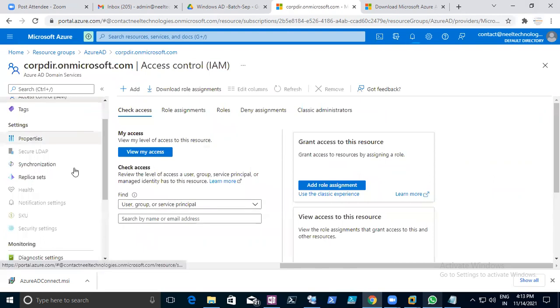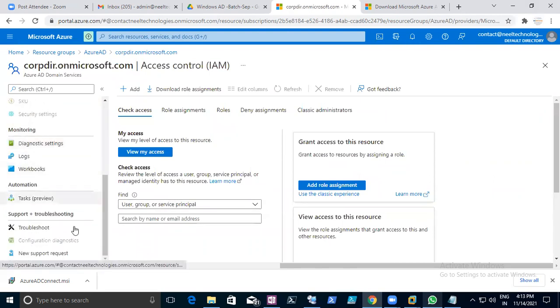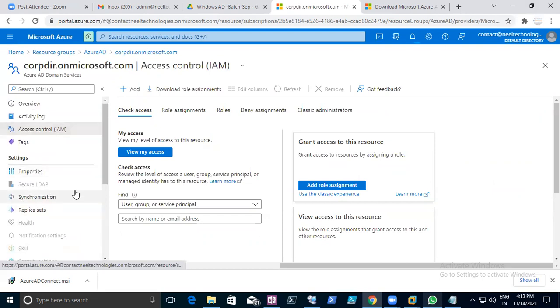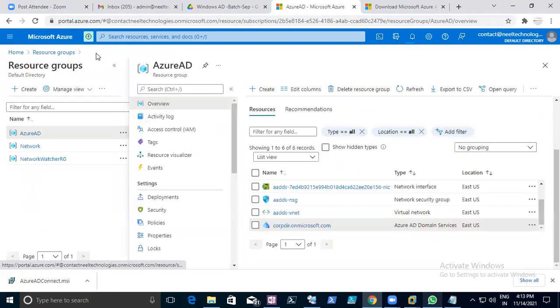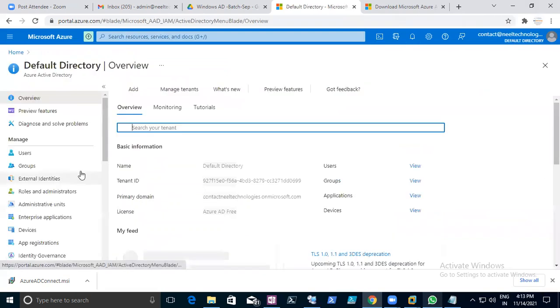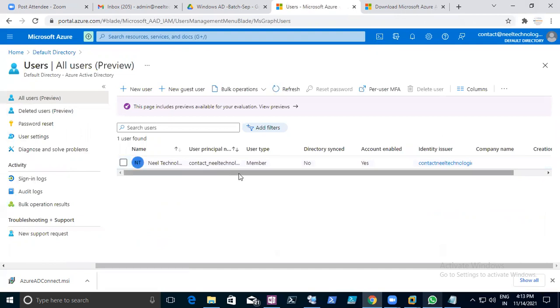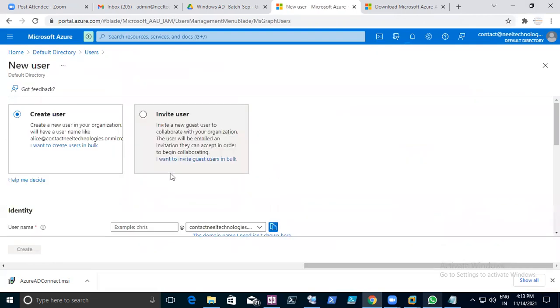So go to users. Azure Active Directory, okay, go to the users. This is the default one user, right? Create a new user.